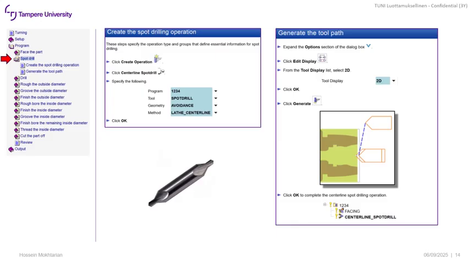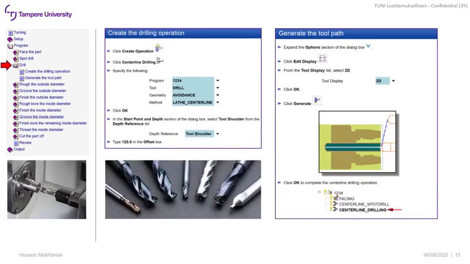The spot drill will be used as our tool, and similarly to the previous one, the geometry is avoidance. Here it is simple. Normally there wouldn't be any problem, but we will figure it out. So we're going to have first a spot drill followed by a drill. Defining a drilling operation is basically the same, except that now, if you remember, we have not yet defined